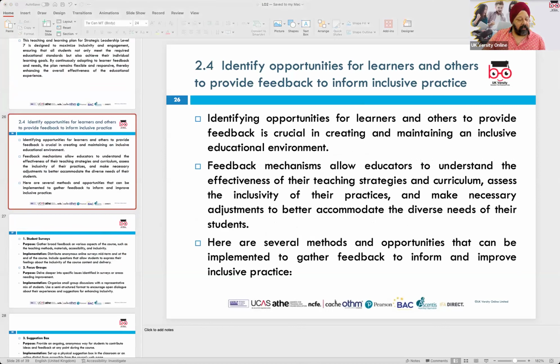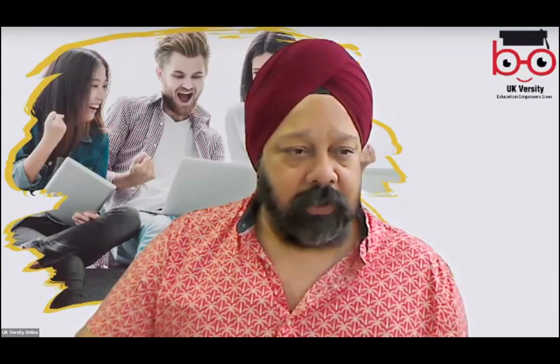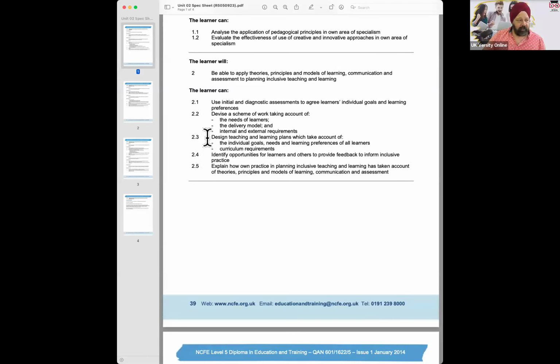Now, the other bit that I quickly look at is the assessment criteria 2.4. If I put it this way, let me quickly go back to the unit spec for this. If I look at 2.3, we are looking at some sort of a plan, an ILP, an individual plan, or some sort of a plan that you would need that would allow you to carry this particular task off by adding an actual example, and that actual example would be some sort of a developmental plan